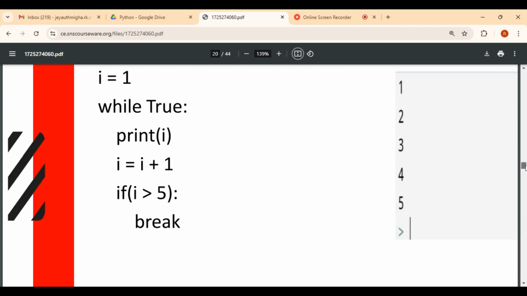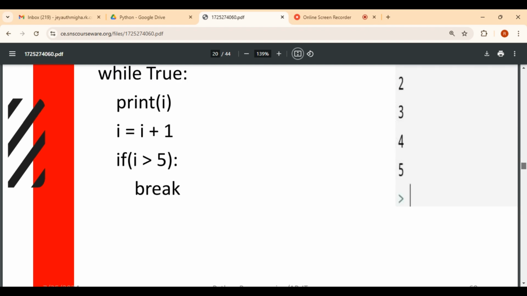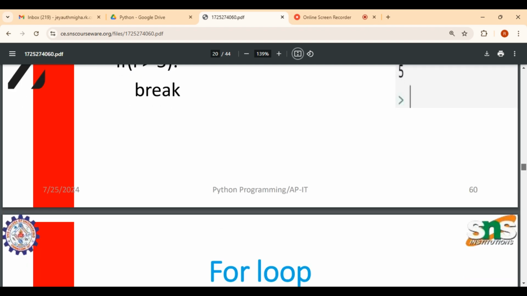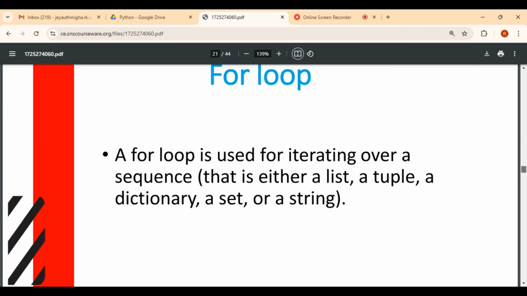Example: i is equal to 1, while true, print i, i is equal to i plus 1. If i is greater than 5, break. For loop. So we don't have a do while in Python. We only have while, and next we are going to